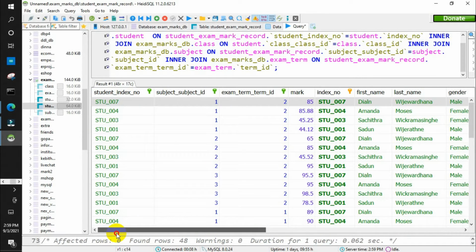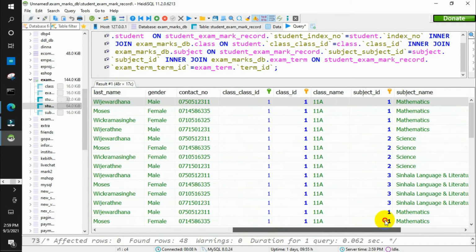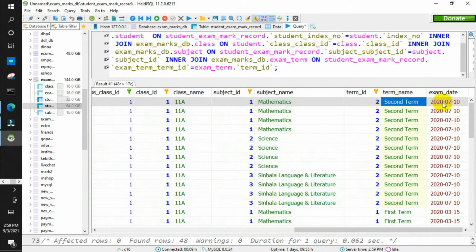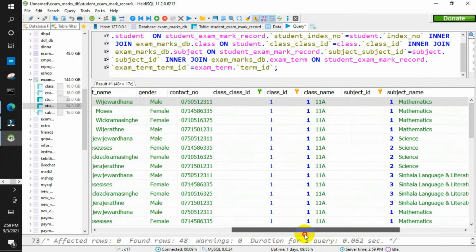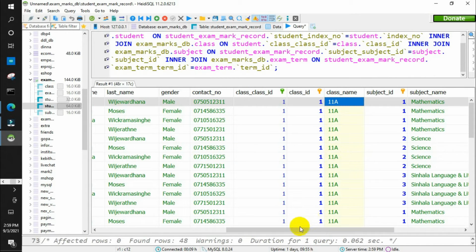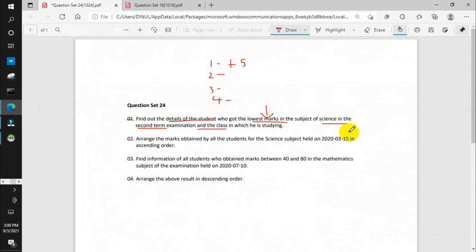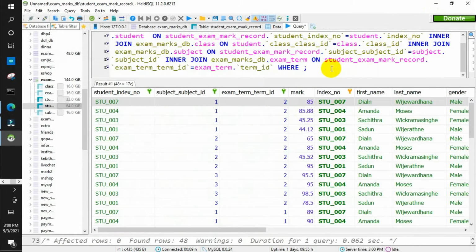Now when you take one row, I'll just explain one row. Now this student Dylan has this index number and has this mark for the subject of mathematics, which was held on second term, which was held on this date, and he is in class 11A. That's how you read the table once you connect it. Now what I have to do is I have to give the conditions. Now you have the details of all the subjects, but I only need the subject of science. So where